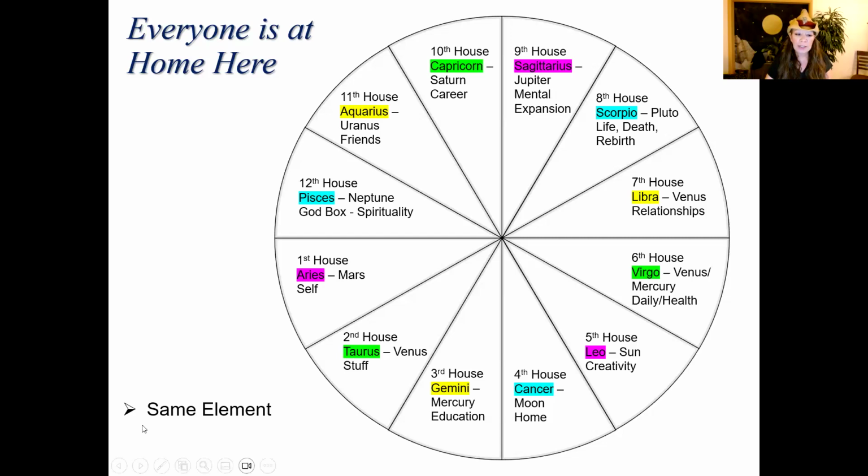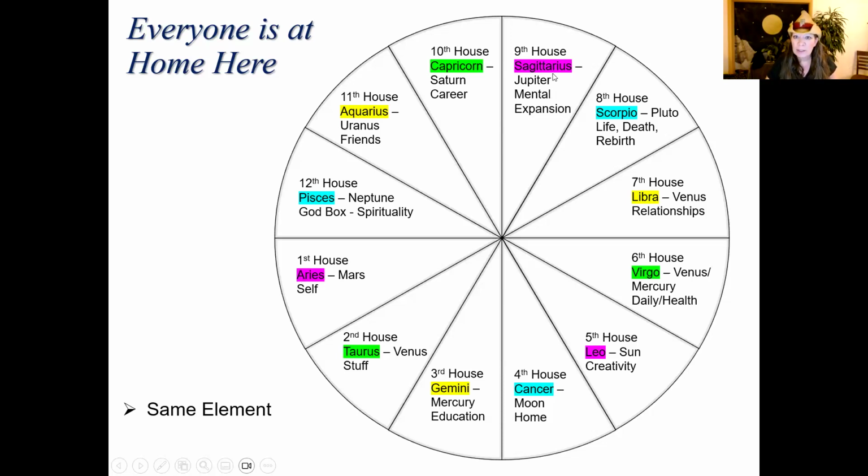So it's planets that are in the same element. Basically, when I'm looking at this, everyone is at home here. This is the one that I want to really sear into our minds. But in all actuality, when you run a natal chart, you're going to have scatters of planets and clusters and all of that. So when you start, first look at the planet, then look to see what sign it's in, and then look to see if it's in a fire sign.